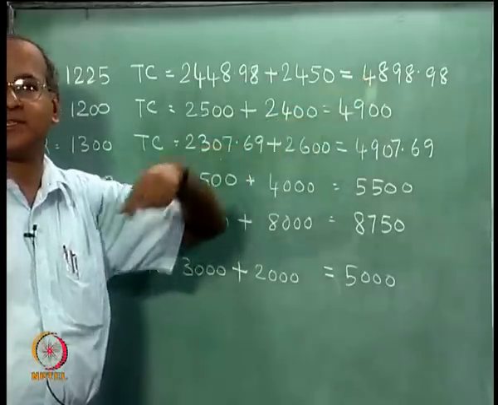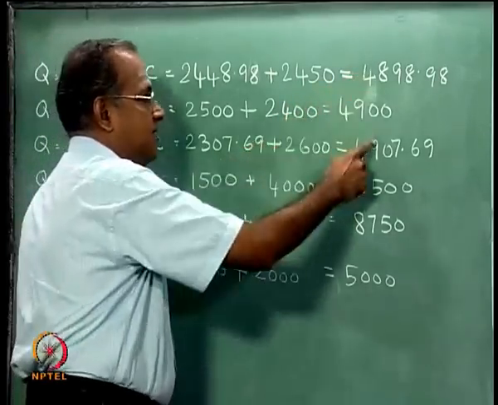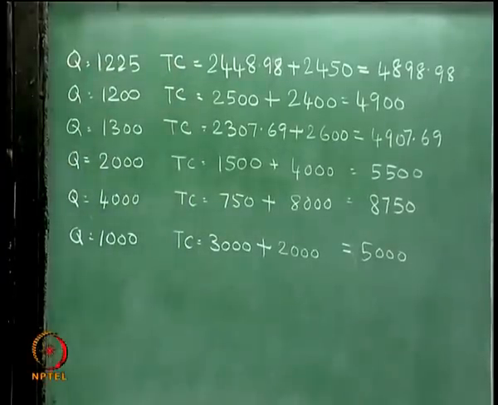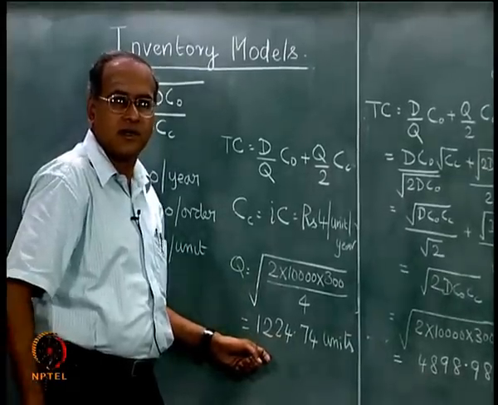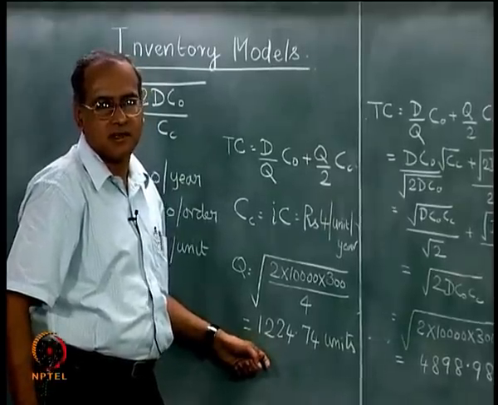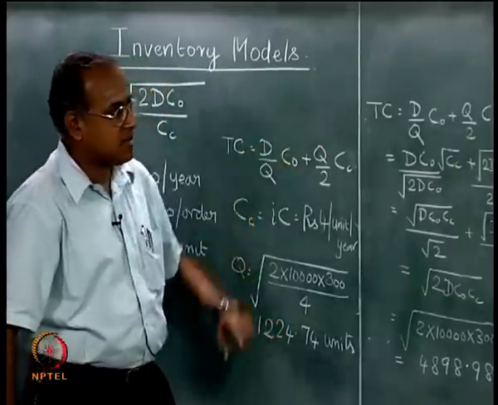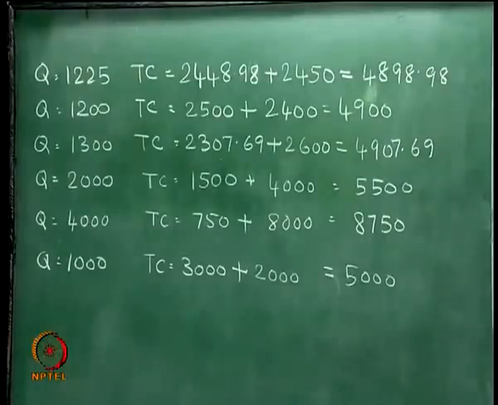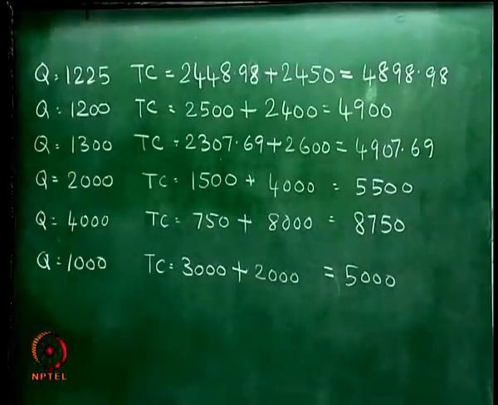So, it is a 0.16% increase. A 75 by 1200 into 100, which is roughly a 6% increase in the order quantity, is giving us a 0.16% increase in the total cost,